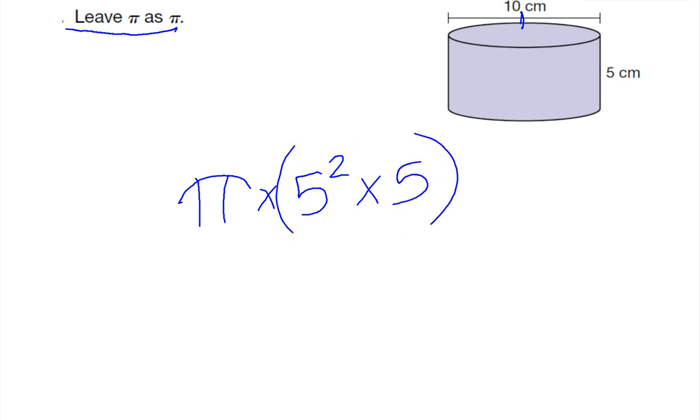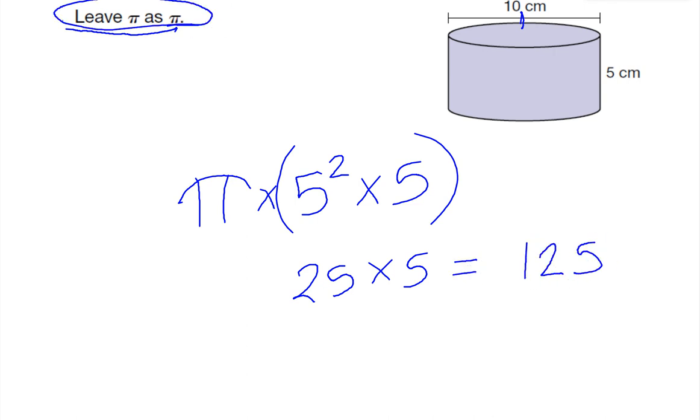Okay, so 5 squared is 25, and 25 times 5 is 125. Now, since it says leave pi as pi, that means I'm not going to multiply this by 3.14. Okay? Instead, I'm just going to say that this is 125 pi